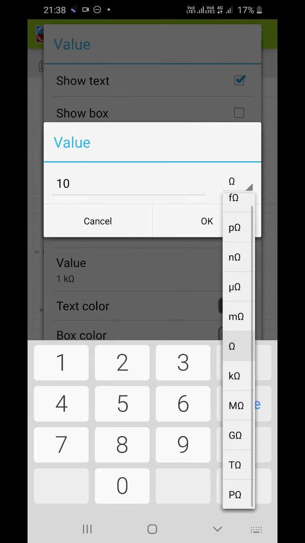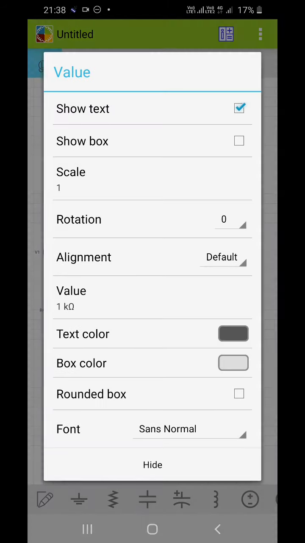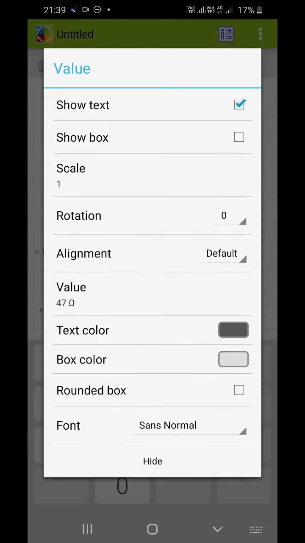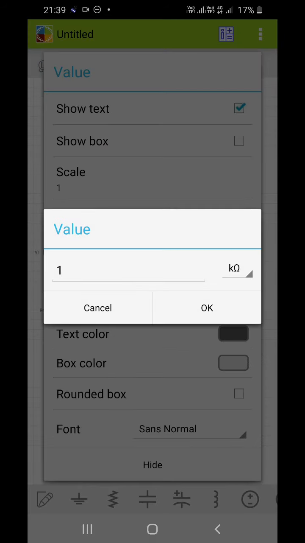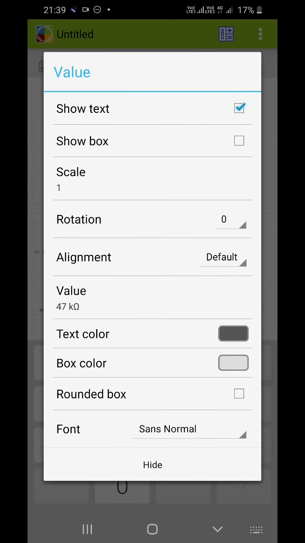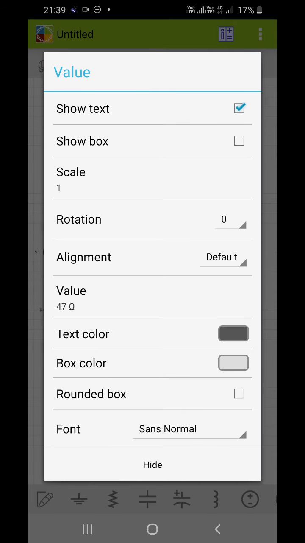I'll change the unit, and I'll do the same for the rest of them. Here I want 47 ohm. Here I want again 47. Sorry, this unit should be ohm.